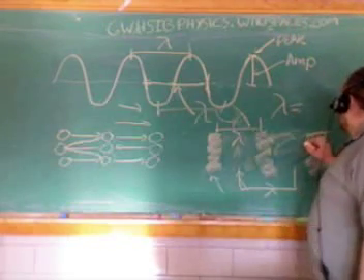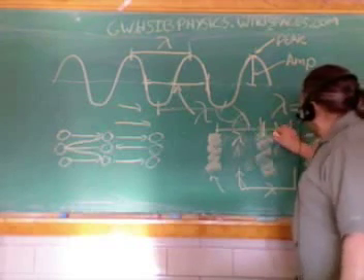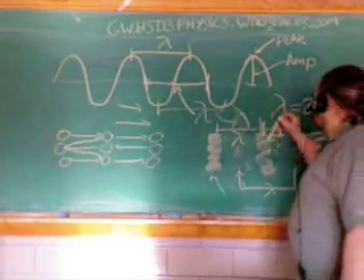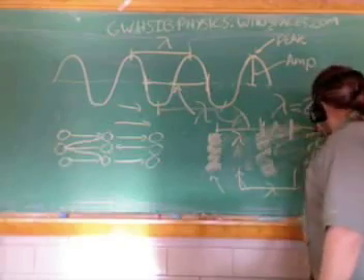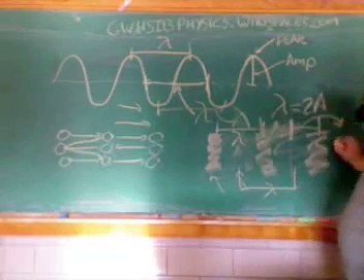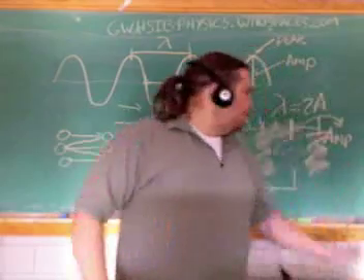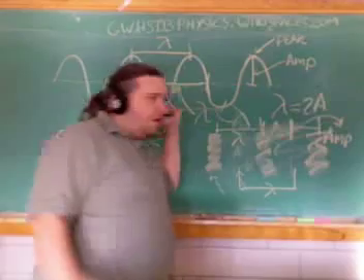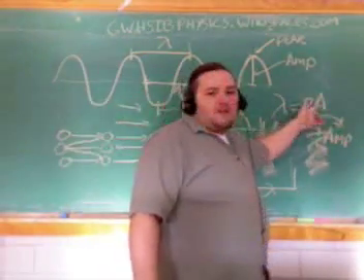Okay? Now, it turns out that in the case of longitudinal waves, the wavelength is twice the amplitude. So from here to the center is what we refer to as the amplitude. Okay? So it doesn't really come out very clearly. Redraw that. So from the center of rarefication to the center of condensation, that is the amplitude. Okay? So from here to here is the amplitude, from here to here is the wavelength. So in the case of longitudinal waves, only longitudinal waves, the wavelength is twice the amplitude.